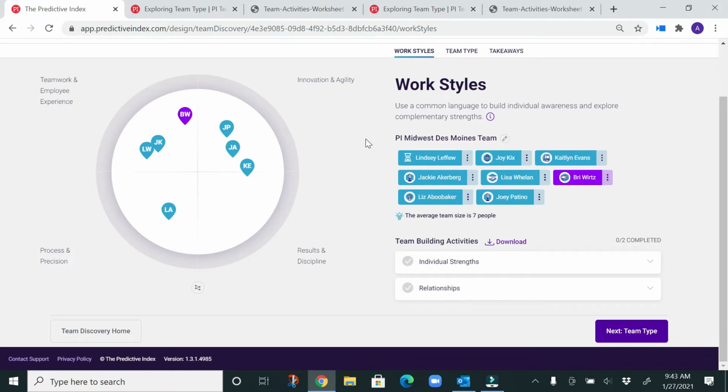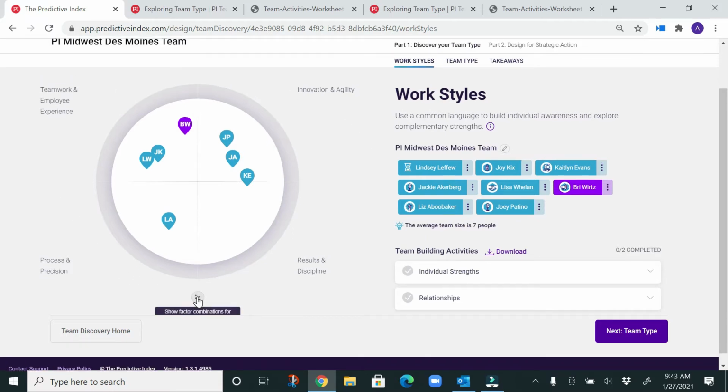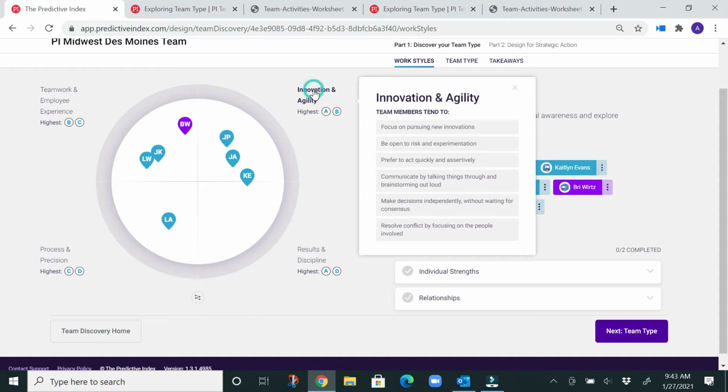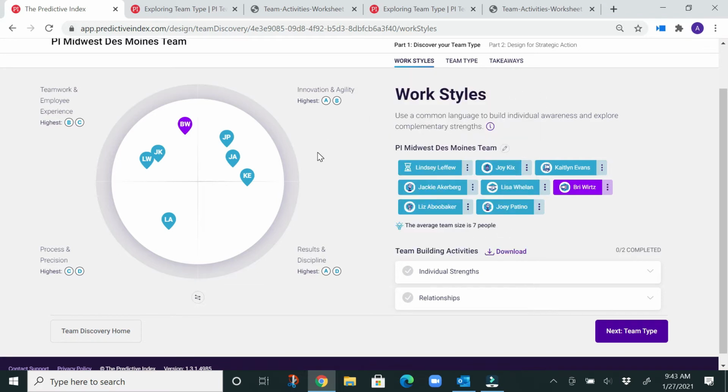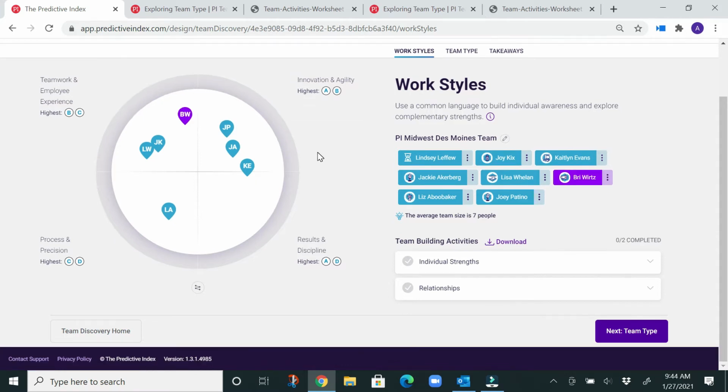So one of the first updates that they've made is if you click on this icon down here, you can show the factor combinations of each quadrant, which gives you a little bit more insight as to how each person was plotted in this graph. And then if you click on each quadrant, you can see that there used to be 3 bullet points explaining what innovation and agility is, for example, and then they've added bullet points on communication, decision making, and resolving conflict. Those are all suggestions that people have made, that they wanted, and they are continually making